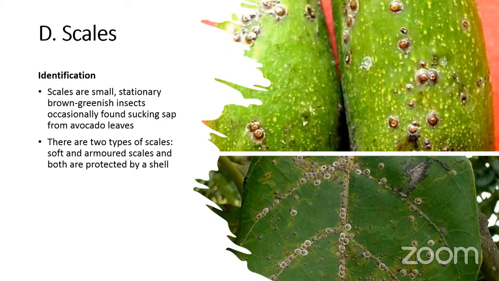So how do you identify the scales? Number one, scales are small, stationary, brown, greenish insects, occasionally found sucking sap from avocado leaves. They also feed on sap. Then there are two types of scales. One is the soft, and the other one is the hammered scales. And both of them are protected by